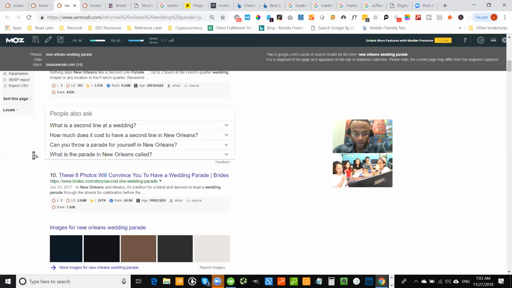So remember, the feature snippet, these are common questions that people ask about this phrase or related to this phrase. So the way we could use these is actually provide our own answers to each of these questions. So maybe on our New Orleans wedding parade page, or second line parade page, I think is the right term for it, we can have an FAQ section where we